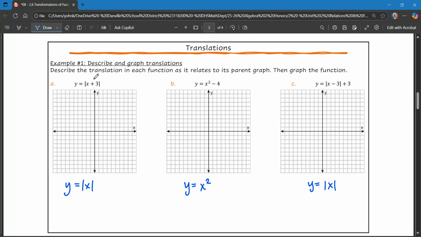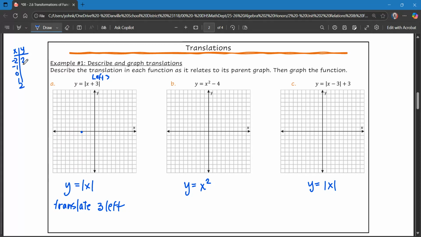Now, this plus 3 inside means you're going to go left 3. So we're going to put translate 3 left. Okay, so that plus 3 means translate 3 left. So if your normal graph is going through 0, 0, then you're going to go 3 to the left, and that's where your graph is going to go this time. So instead of it going through 0, 0, we're going to go 3 to the left, and that's where it's going to go. Now the normal graph we learned in the last section